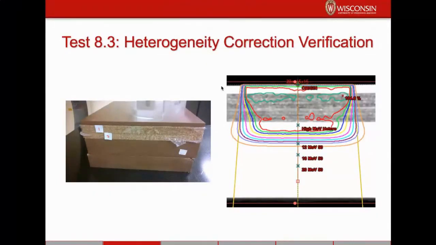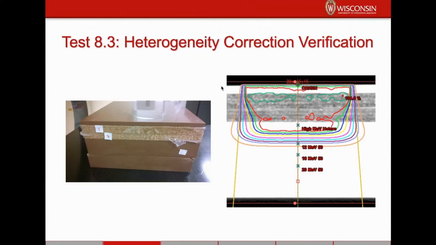But it turns out that in the presence of a heterogeneity, the dose doesn't change that much, right? The heterogeneity will stretch out the dose distribution in the direction of the percent depth dose curve. So it'll either make it stretch farther or it'll make it stretch less far. But it doesn't really change the dose at the peak all that much, unless the peak happens to fall in